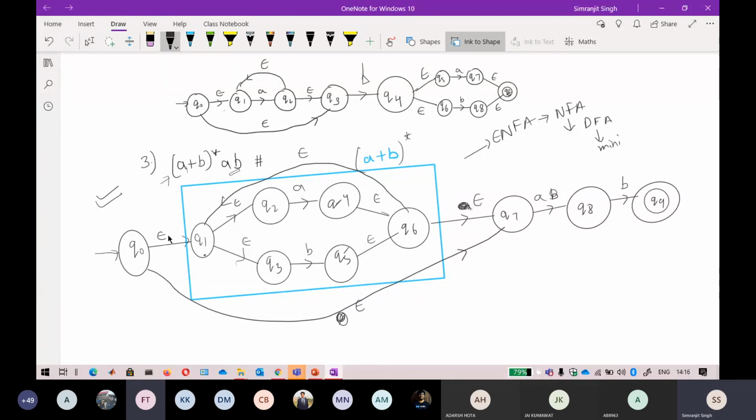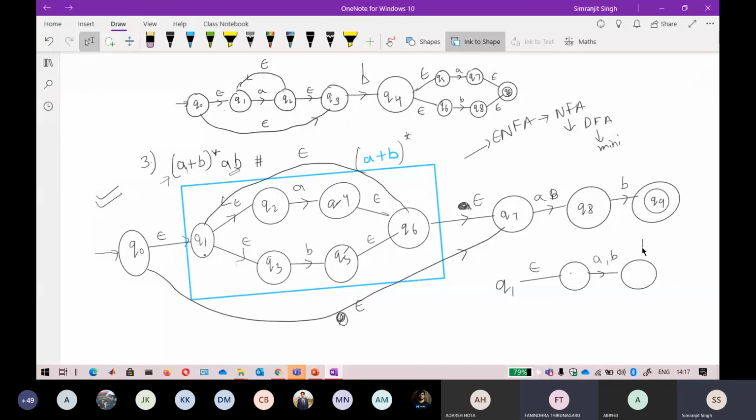Sir, in that way you will find, sir, 1, 2, 3. Yeah. Sir, can we remove Q2 and Q3? Directly from Q1 to Q4, can we give A if you remove Q2 and Q3? Q3 you want to remove? Yes, sir, because we are already getting epsilon from Q0 to Q1. Okay, so you are saying that you can directly do like this. Yes, sir. You can do that, but that changes the whole thing.